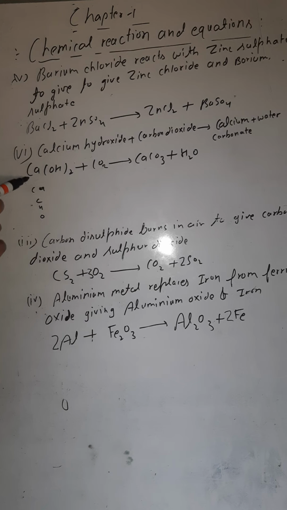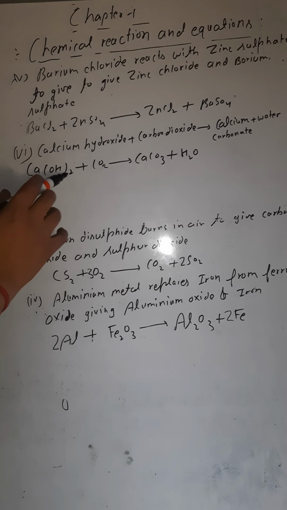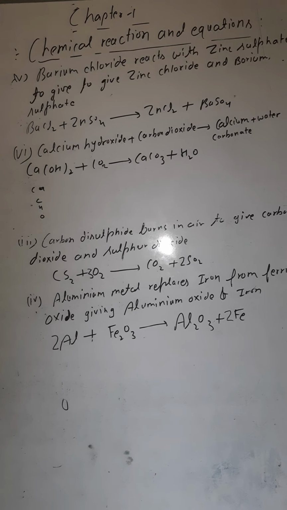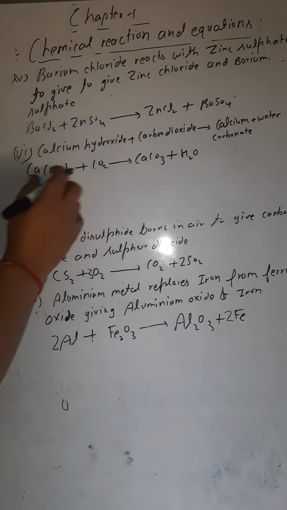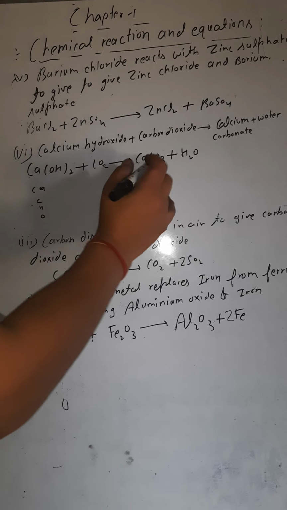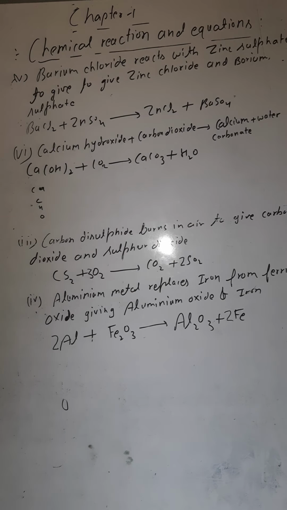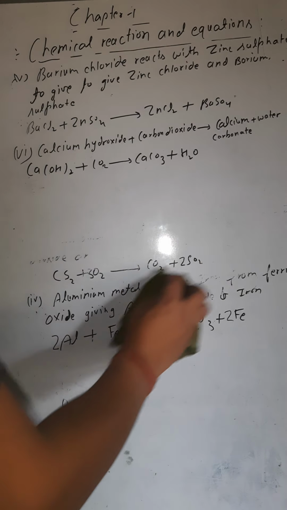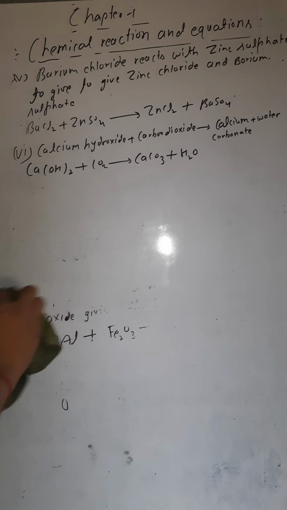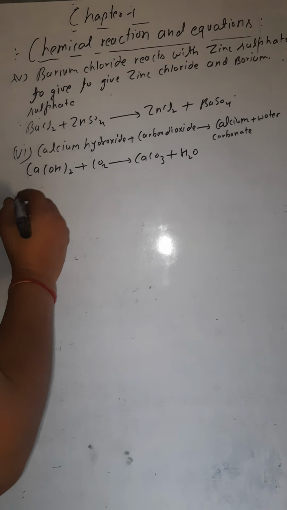So first calcium, only one atom there. Look at carbon now. 1 atom of carbon, here also 1 atom of carbon. Look at hydrogen, 2 atoms of hydrogen, here also 2 atoms of hydrogen. No problem. Now look at oxygen, 2 plus 2, 4 atoms of oxygen. There also 4 atoms of oxygen. I think it is already balanced. All are balanced. Now we will move to the seventh part of the equation. Question is aluminium plus copper chloride.